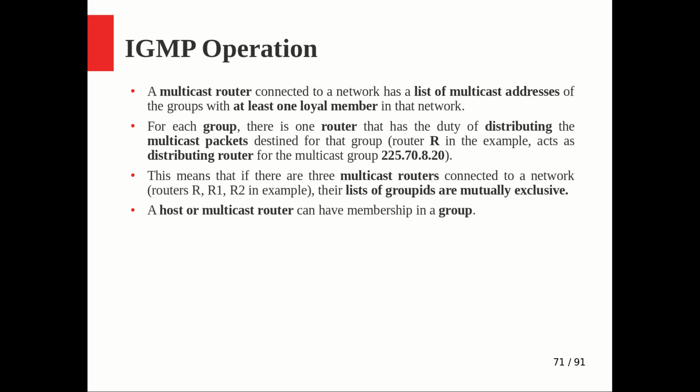So a host is a member of a group, and also a router is a member of a group. Both are used in two different contexts. When a host is a member of a group, this information will be used by the distributing router for sending the multicast packets to that group. Similarly, when a router is part of a group, that will be utilized by other routers for forwarding all packets with that destination multicast address to this particular router. So both have different meanings.